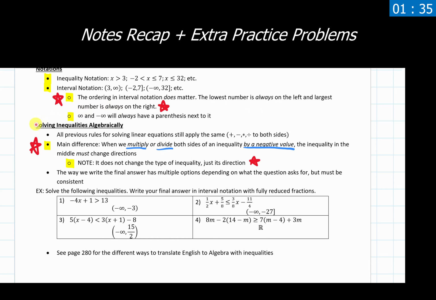Then we went through and worked with solving these things algebraically. All of our previously learned methods, which is the 2.1 through 2.6 material, all of that is still fair game here. All of our tips, all of our tricks that we learned and we covered, you can still use those here when solving inequalities. Just as a last reminder, make sure that when you multiply or divide both sides of an inequality by a negative value, that's the only time when the inequality must change directions. Beyond that, it stays facing the exact same way as it does.